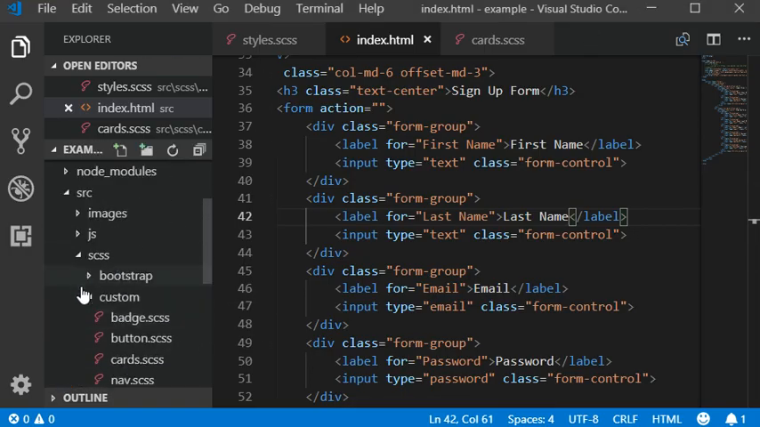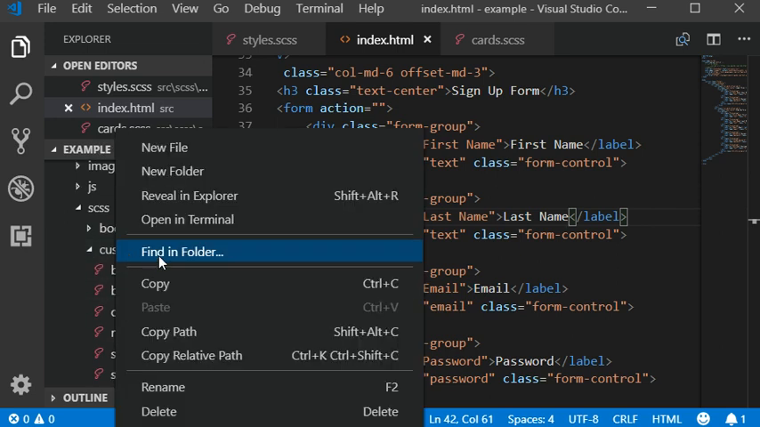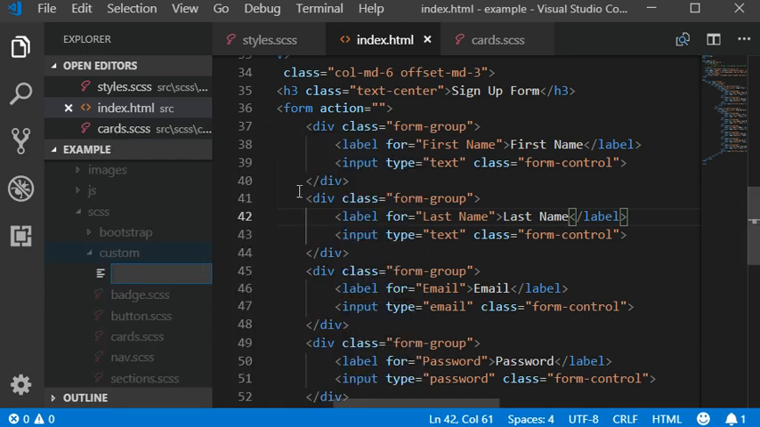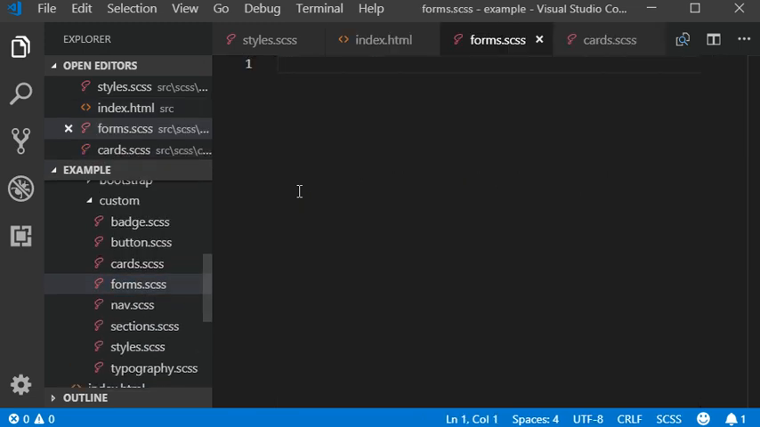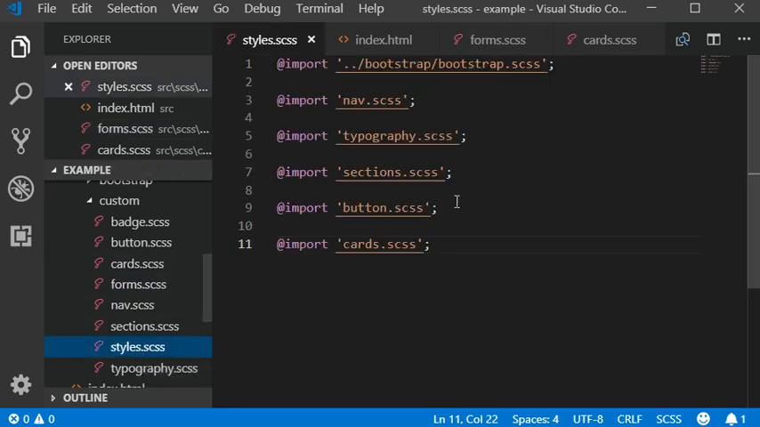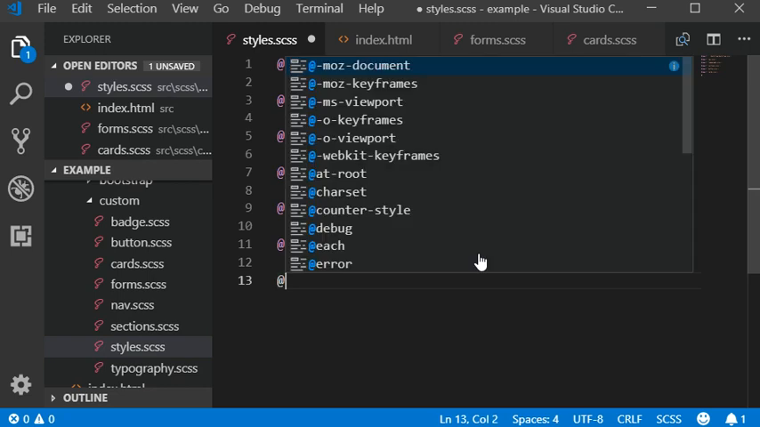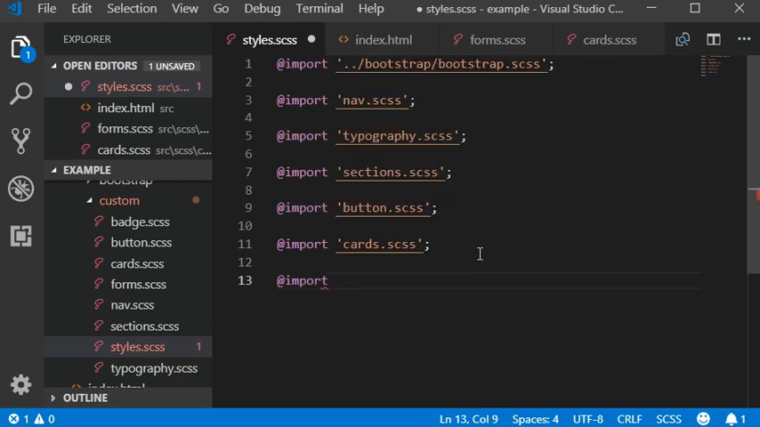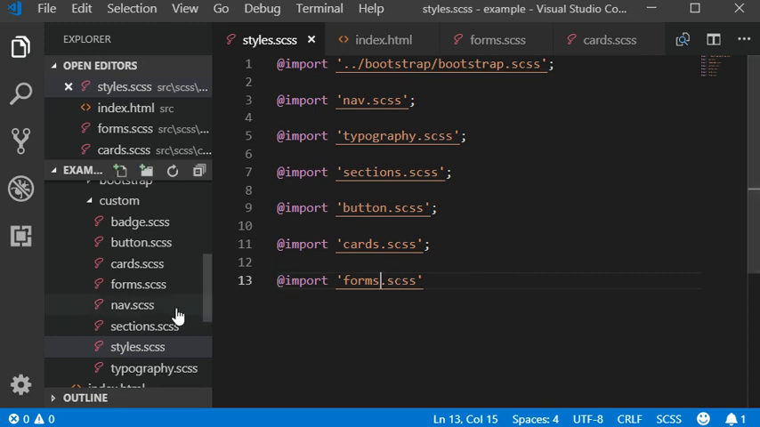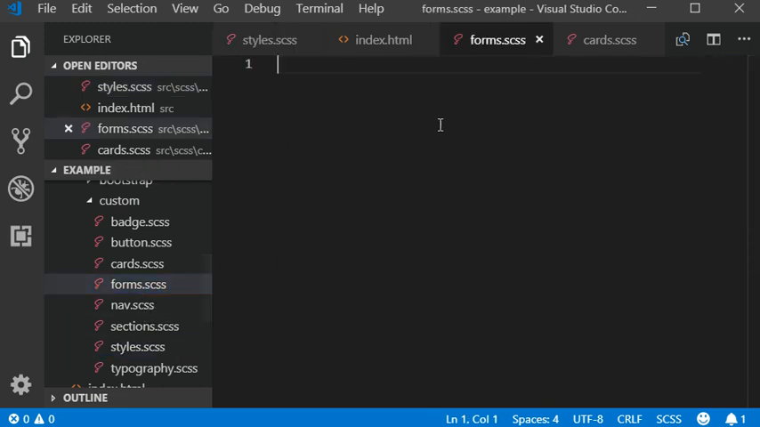So we need to add the simply sass forms.scss, and then include this into our styles. Actually, we have created the file, the name should be forms, and now I'm gonna add